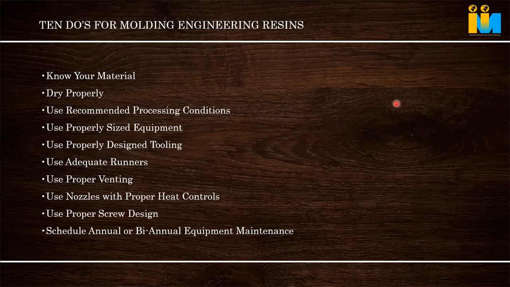What is the pigment used? Go deep. What is the filler used? Based on that, there will be a recommendation for mold temperature and melt temperature. Follow that. Don't go for generic. All the nylons by all the makers don't follow the same temperature. There are differences. It's not just a polymer inside that material. There are a lot of additives and fillers inside that. So respect that. Know your material properly.